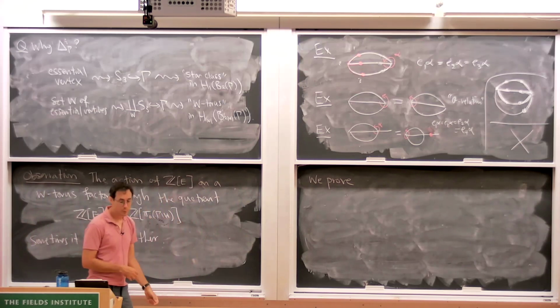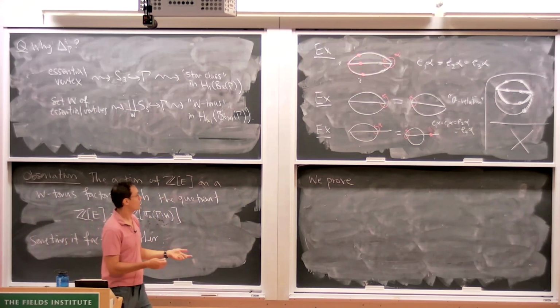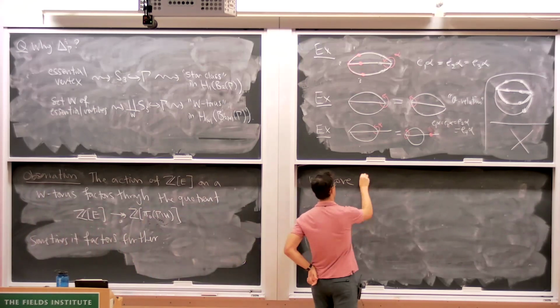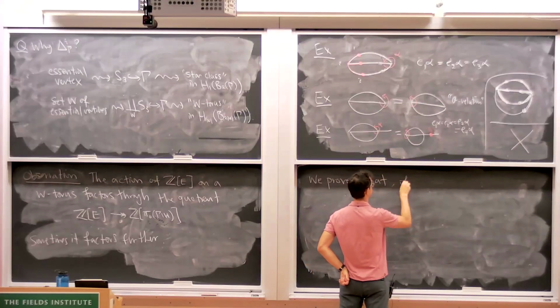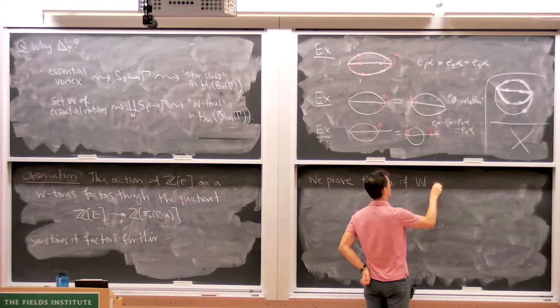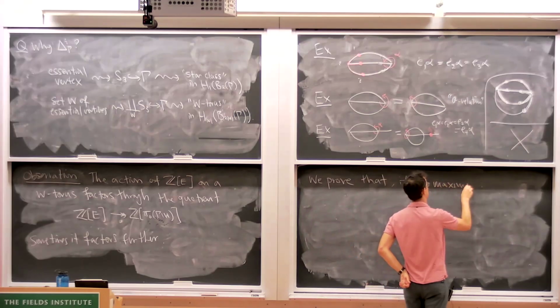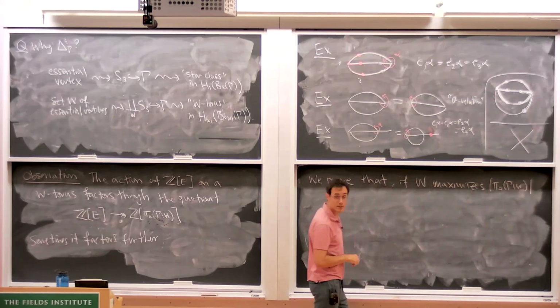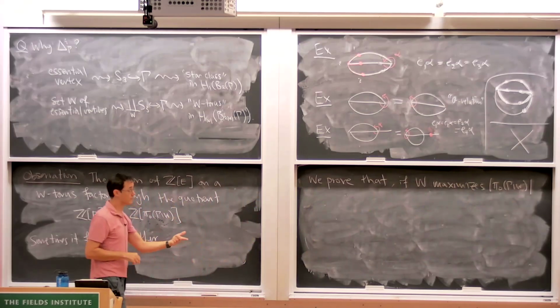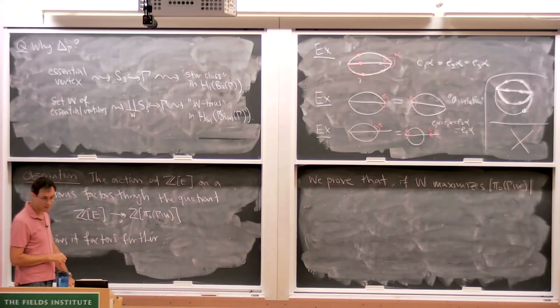Okay? And so what we prove is that if W, the set of vertices, maximizes the number of connected components after removal, so in other words, if W realizes delta,